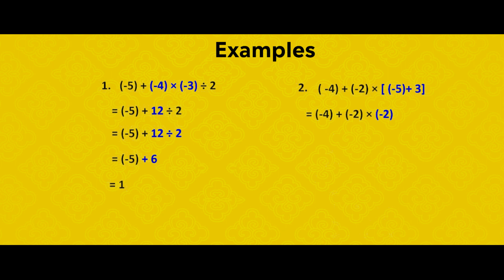What should we do? Yes, we have to multiply. Multiply negative 2 times negative 2. When you multiply negative 2 times negative 2, you get positive 4. Now, negative 4 plus positive 4. Now, what do you think of these integers? Yes, they are opposite integers. So, when you add opposite integers, what is the value? The value is 0. Okay, so we have come to an end of our lesson today.